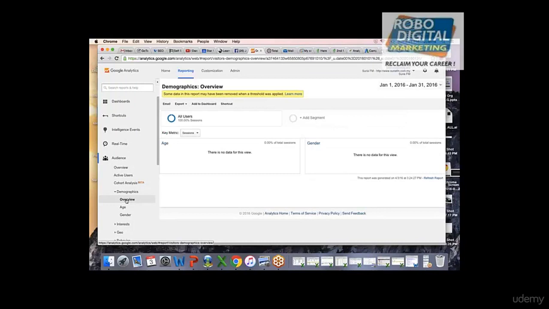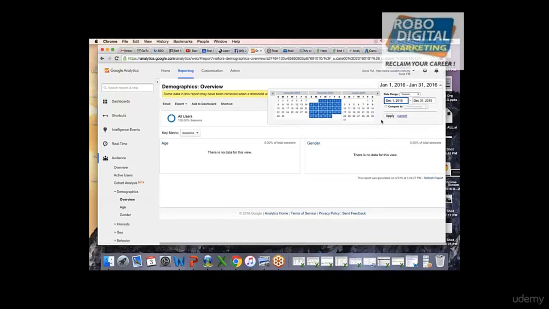Your reports say some data in the report may have been removed when a threshold was applied. Can you change the date? Should we look at December? No, the Feb.